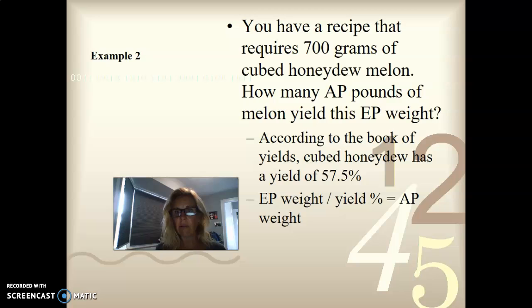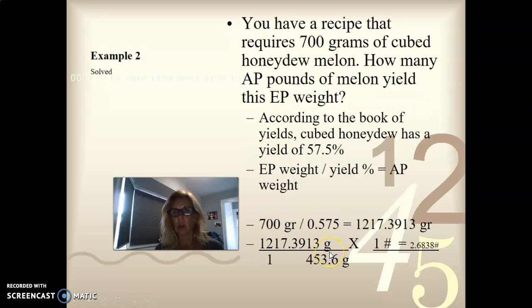So we take that formula to solve for how many AP, that's our question. So we're solving for AP, and that formula is EP divided by yield percent will give us AP. The only problem is that it says how many pounds, so we want to go ahead and get that 700 grams converted right out of the chute. So if we take the 700 grams and divide it by our yield percent, we end up with